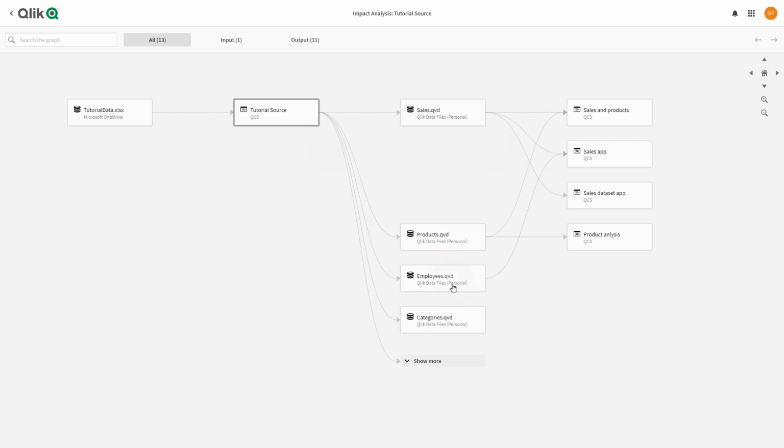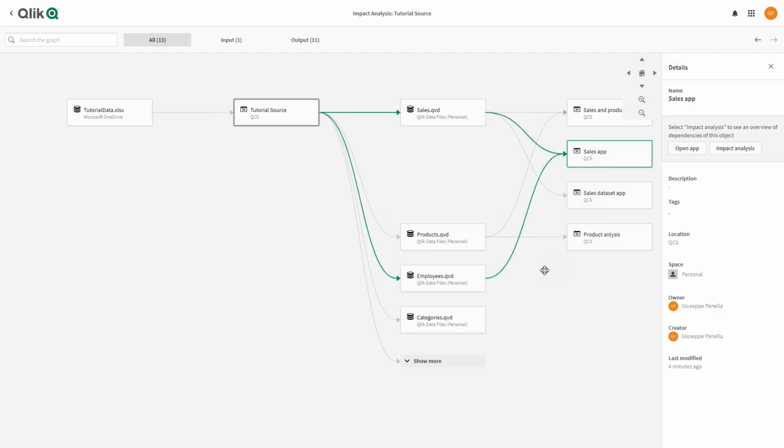It visualizes apps and datasets as nodes. Each node is connected by arrows that show the flow of data. For example, you can see which dataset nodes are used by app nodes and which app nodes generate datasets that are used by other apps. You can clearly see the usage and dependencies of apps and datasets.